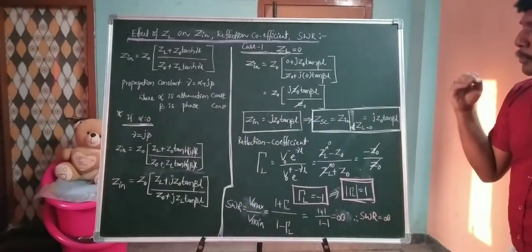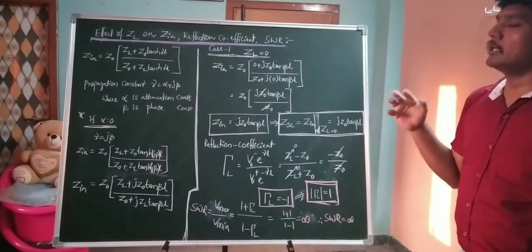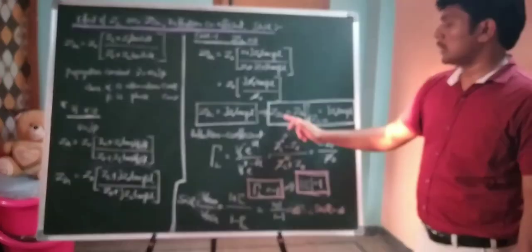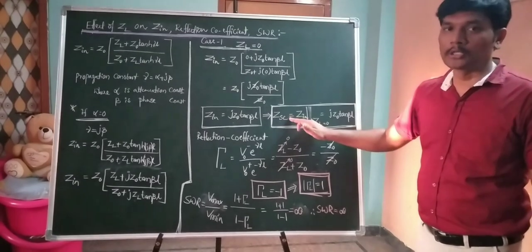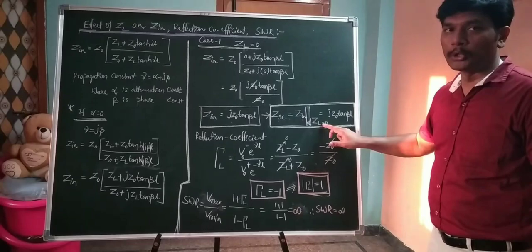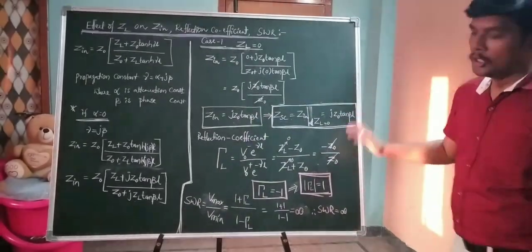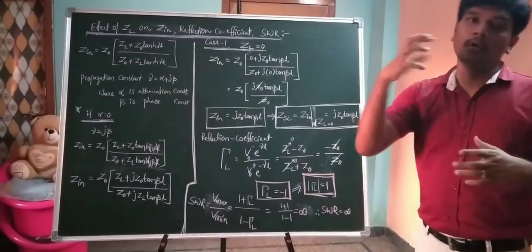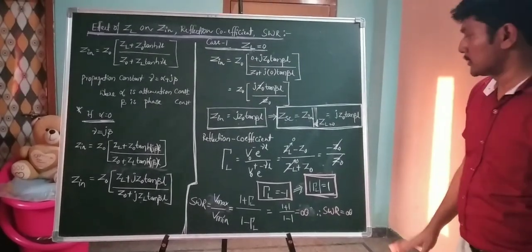So this is the input impedance of the transmission line when ZL equal to 0. ZL equal to 0 is generally considered a short circuit. That's why this input impedance is also represented as the impedance of the short circuit, denoted as Zin measured at ZL equal to 0. So that is equal to jZ0 tan βL. The presence of j represents the reactive nature of the input impedance.